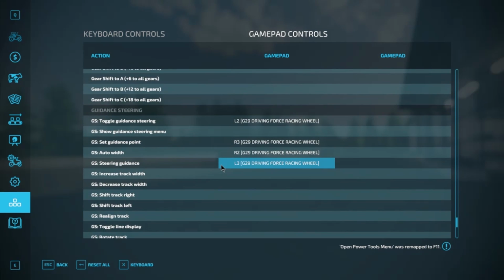Oh, I have guidance steering set to the L2, R2, L3, R3. Side note, if you're using guidance steering, if you're not, then don't worry about it. But if you are, basically I've got the L2 to turn it on and off, which is kind of central. And then your R2 is your auto width. And your guidance point is your R3, so when you're doing the A to B or whatever, you can get your setting, your bearing. And then steering guidance is L3,